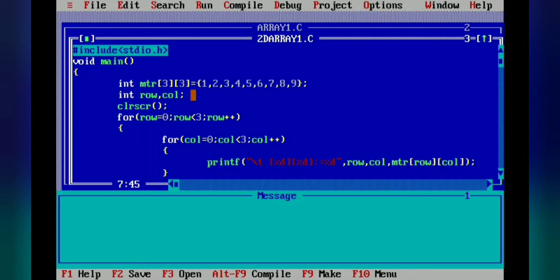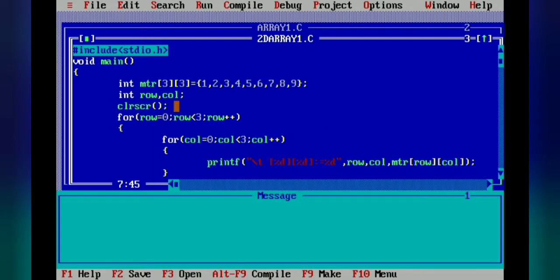Here also, as we have discussed, index numbers are there. The first value 1 is stored at the 0, 0 location. The matrix will create the indexes 0, 1 and 2 like this. I will show you with the example when we see the output, and at that time you will understand.